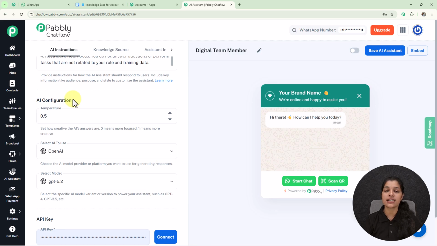AI configuration section where we are getting this option for temperature. So now you might be thinking, what is this temperature doing over here in the AI assistant? So here temperature basically shows the creativity of the AI's answer. Here 0 means more focused and 1 means more creative. So as you move towards 0 your answer will be more focused, and if you move towards 1 your answer will be more creative. But for now I am going to keep it as 0.5, which is the most suitable